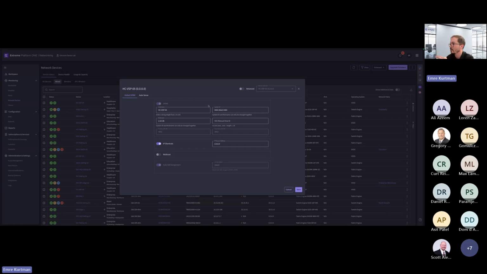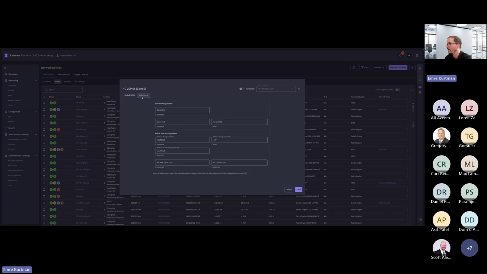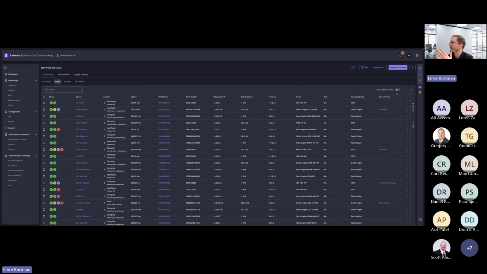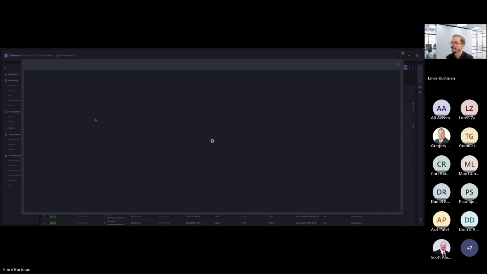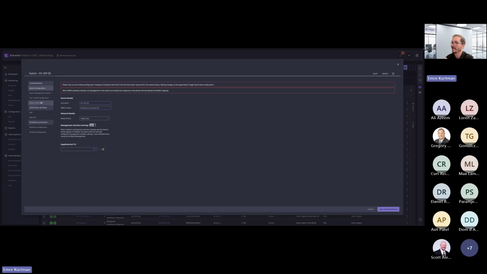You can change these global SPBM parameters, as well as add autosense parameters like data ISID, voice, fabric attach, web, camera, and so on and so forth. You can also add a custom with an ISID, but again, it is device level only. I hope that answered your question.